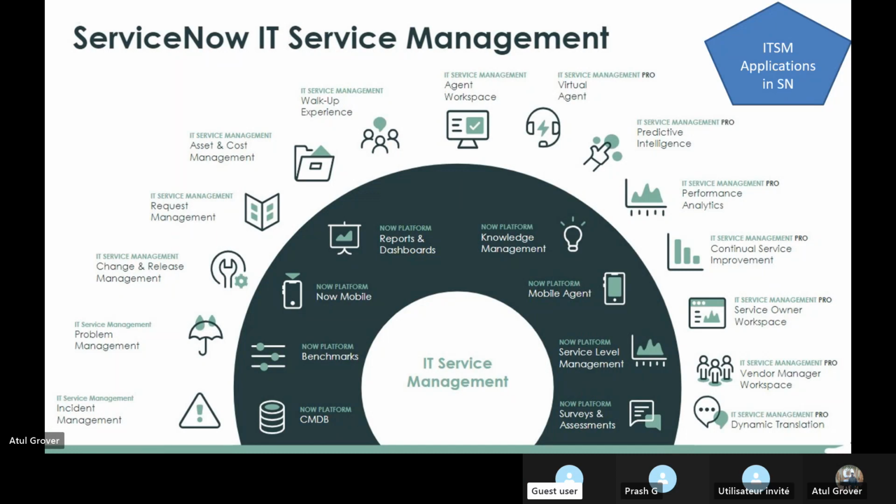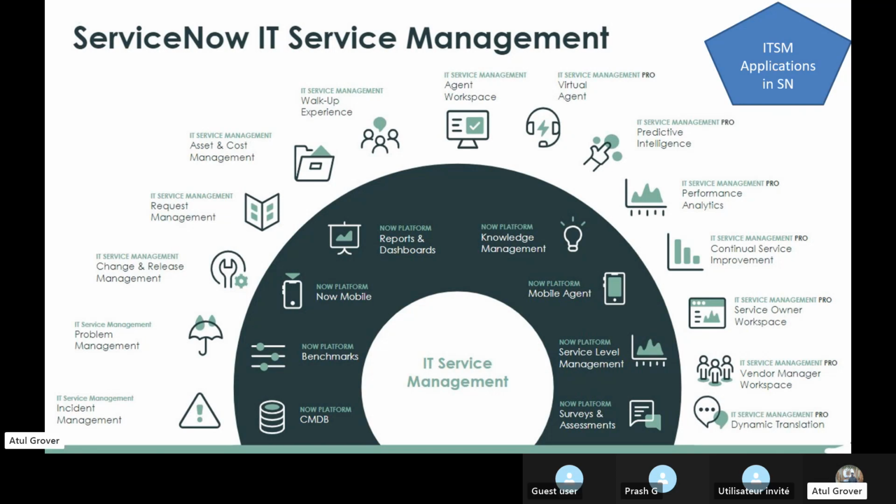So, Atul, whenever a new customer is onboarded, usually they say that they have bought the ServiceNow ITSM license. So when we say somebody bought the ITSM license, what are the default or standard modules that they get, or what are the different plugins that they get, so that we can install them and start configurations and all?